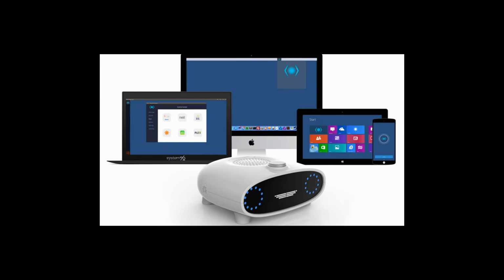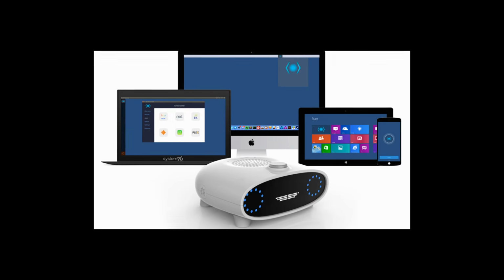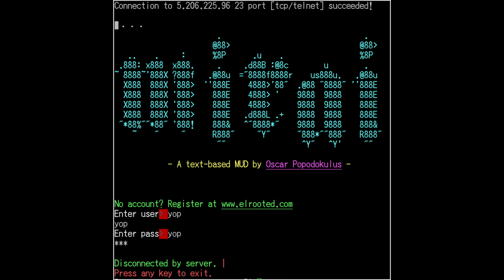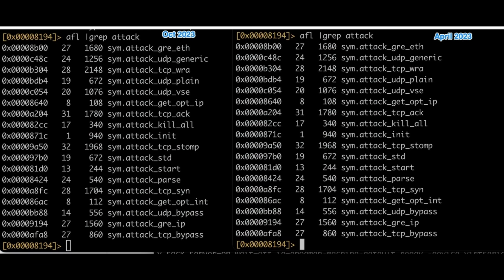Mirai was designed to target Linux-based smart devices such as routers, IP cameras, and DVRs by scanning the internet for systems exposed over Telnet using a hard-coded list of around 60 default username and password combinations, which allowed it to automatically brute force login credentials and gain access without exploiting complex software vulnerabilities. Once inside a device, Mirai would install itself in memory rather than on disk, which made it harder to detect